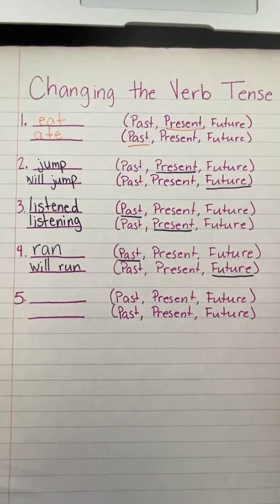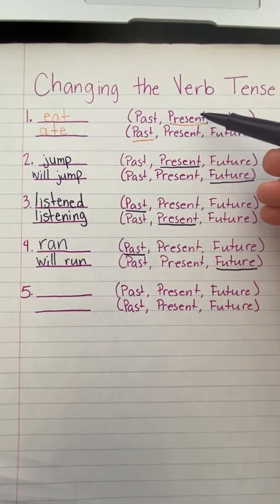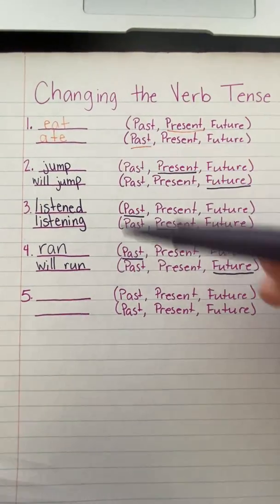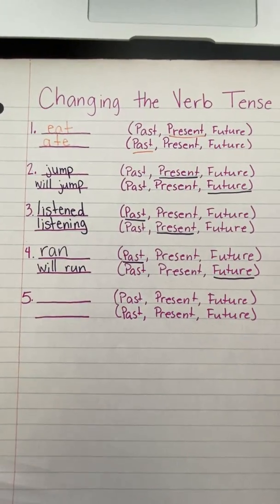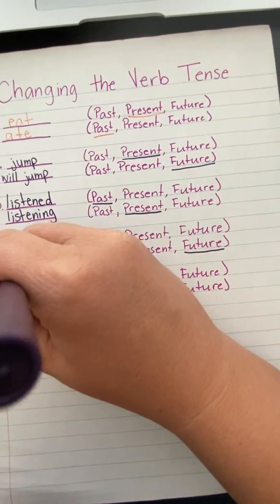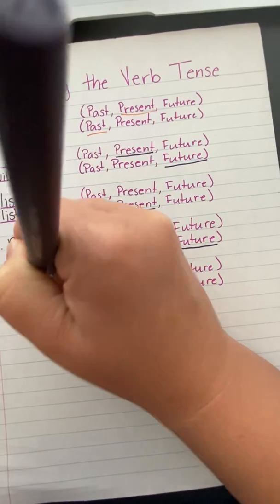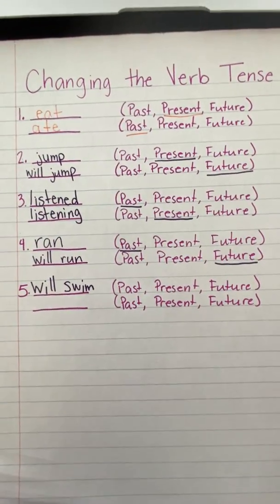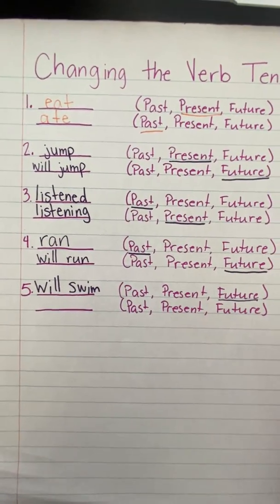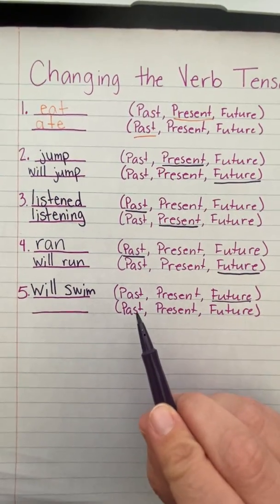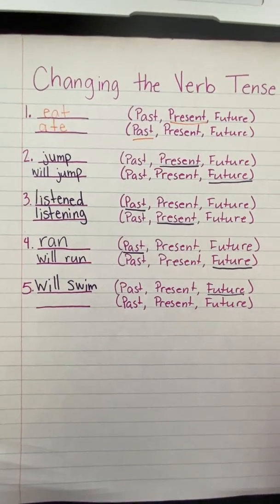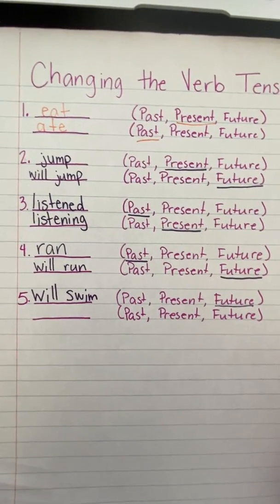I don't want you guys to just stick with starting with present and then changing to past, because I know that can be one of the easiest ones. I want you guys to switch it up on your own worksheet, okay? All right, last one. I'm going to start with the verb will swim. Will swim. If I have that will in front of it, it means it's future tense. Tomorrow, I will swim. Now I can change this to past or present. If I say, I will swim tomorrow, today I am going to swim, and yesterday I